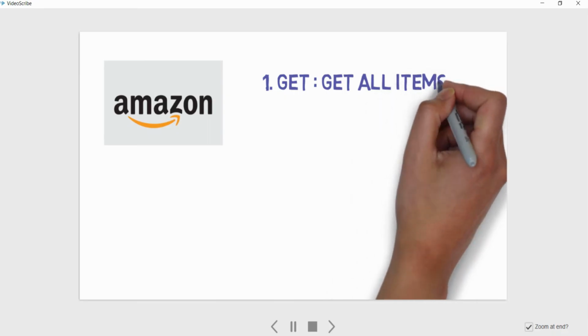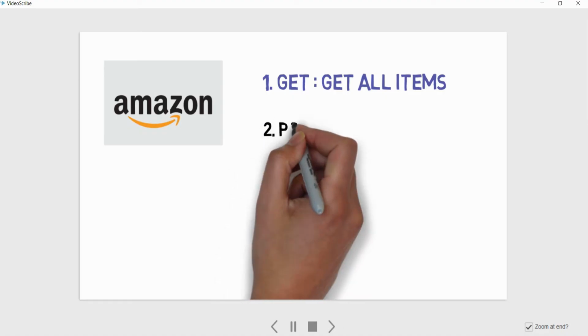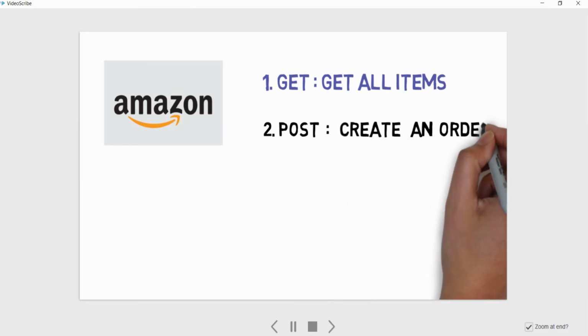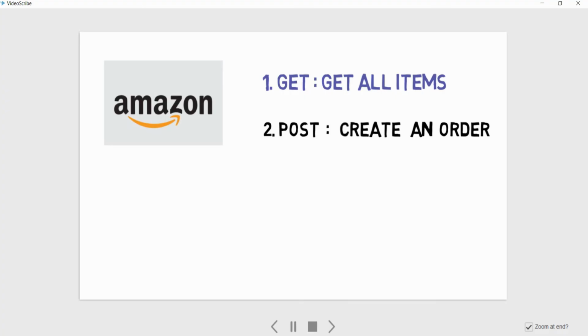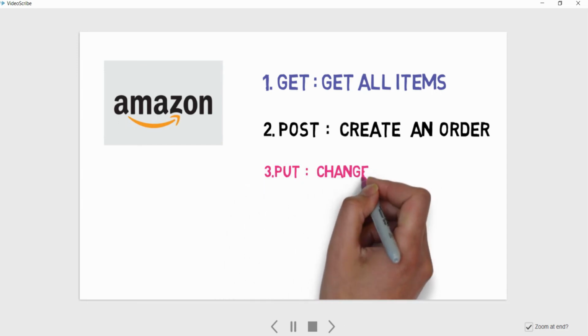When you search for any product, you get a list of items, right? So that is your GET request. By doing this GET request, we can get a list of items. Now coming to the POST request, when you order something, a fresh entry is made in the database, whatever database Amazon might be using. There your order is created and saved.